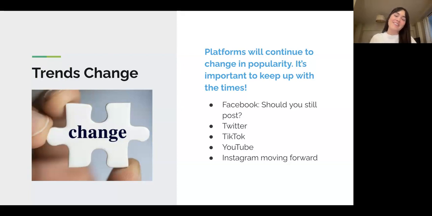TikTok, every time I bring up TikTok, administrators get scared, I think, because that's not something we want to spend our time on necessarily. It is growing in popularity, and I think it's a way to reach people. But I recommend that if you don't have the bandwidth, prioritize Instagram above all social platforms right now. But I think that might change. Who knows? Maybe TikTok will grow in popularity more.